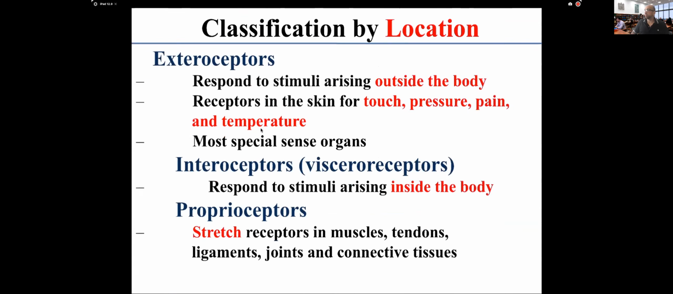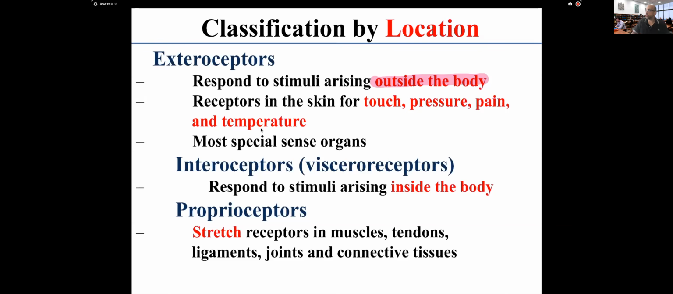We also classify the receptors according to their location, either exteroceptors, interoceptors, or proprioceptors. Exteroceptors are detecting the stimuli arising outside of the body: touch, pressure, vibration, temperature. All those are sensations, changes in the external environment that I'm able to detect. So we call those exteroceptors. Vision, smell, taste, all those are external sensations. Compared to the